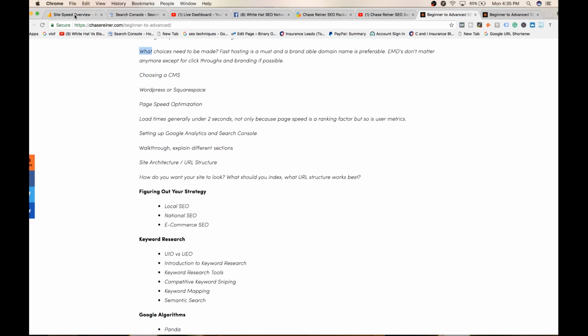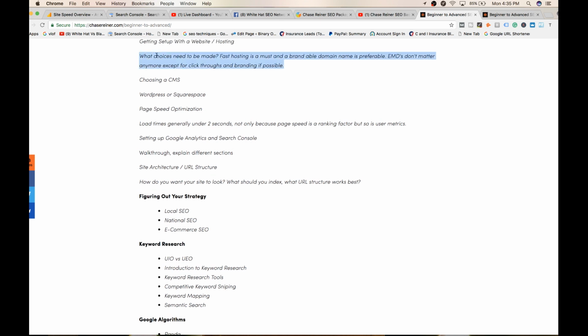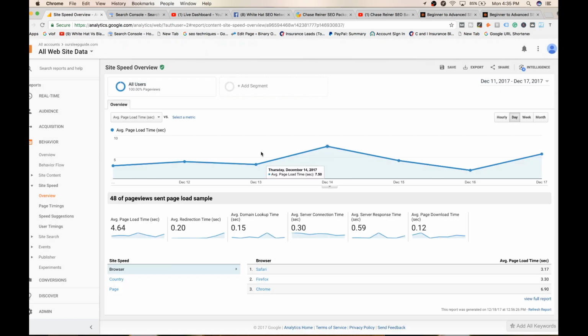If you look at your analytics, which we're not going through yet, we will be covering the analytics in the Search Console later. There are certain things you're going to want to look at. Like you can actually see your page speed, site speed overview, right here. And this is for one of the sites that we're working with, which we really want to bring this down